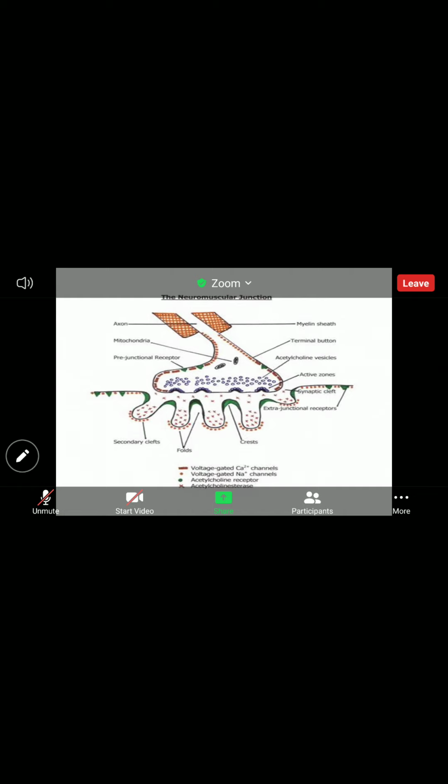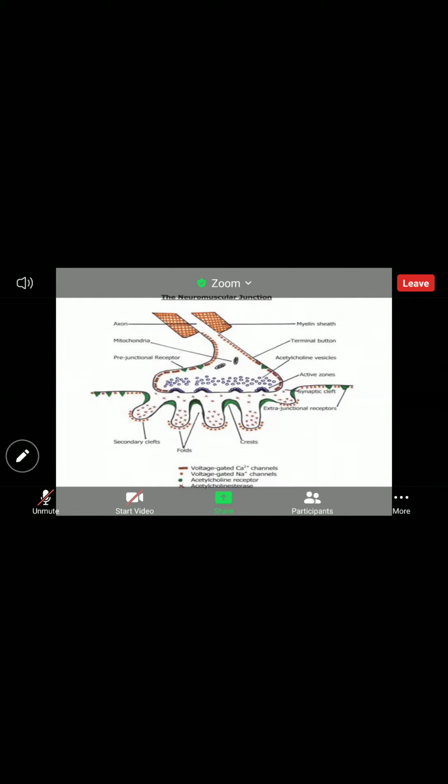So it's called EPP, end plate potential, and this is due to the permeability of the muscle membrane to sodium ions. Okay, so